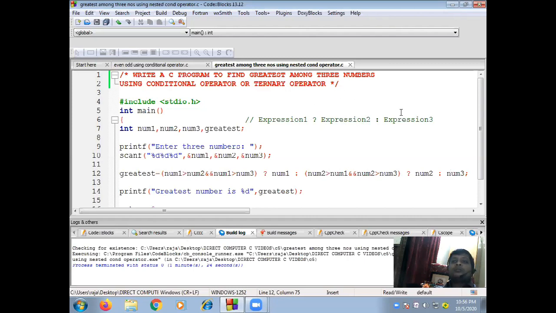Then if the condition is false, it will go to else part. In this case, it will go to this false part. Clear? This is same as your if else. So whatever program you are doing using if else, the same program you can do using the conditional operator, ternary operator. All of you understood? Clear?